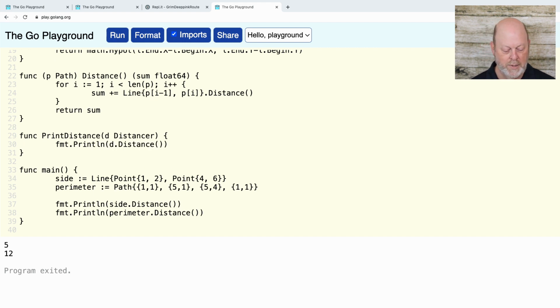All right, so I'm going to take something called a distancer, and there's this tendency in Go when we use interfaces to take an adjective and turn it into a noun. So a distancer is something that does a distance. A writer is something that does write. It doesn't always work, but we'll just keep going down that road. So I can have print distance, and now I could, in theory,